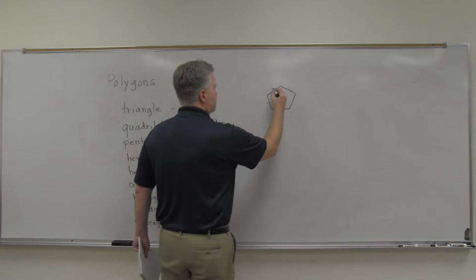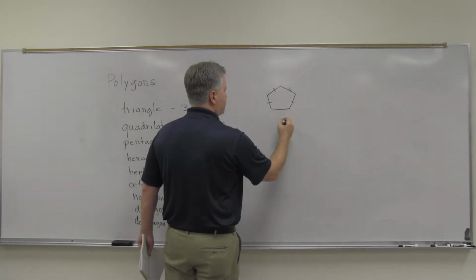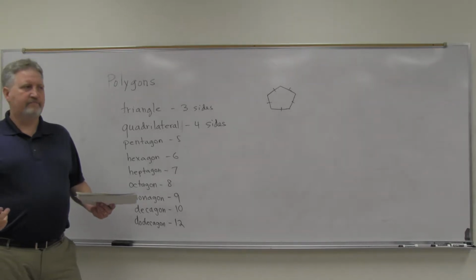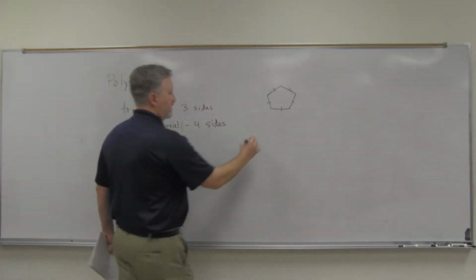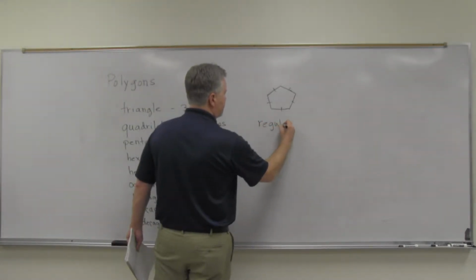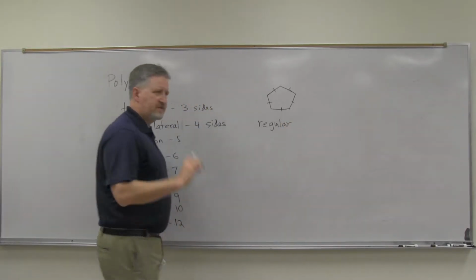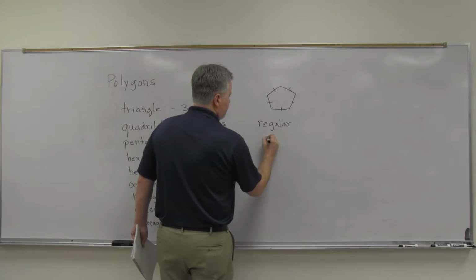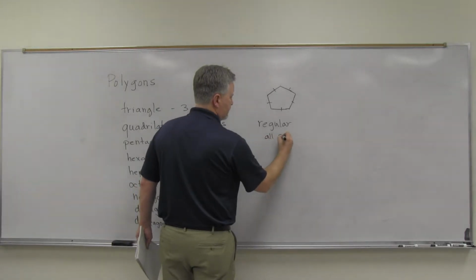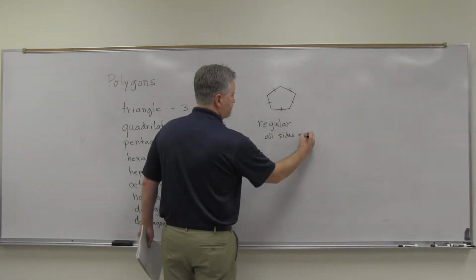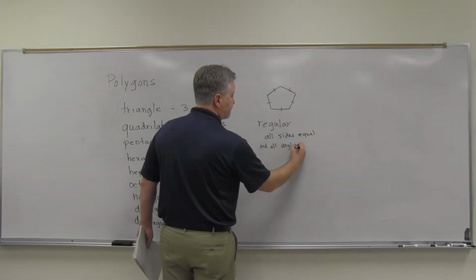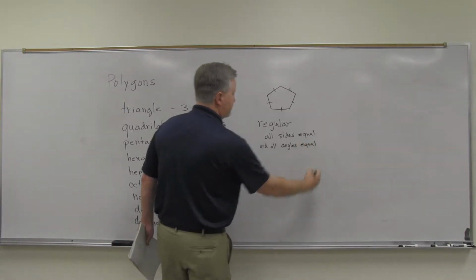This side's the same as this side, the same as this side, the same as this, same as that. That's, of course, called a regular polygon, or in this case, a regular pentagon. If all the sides are the same and all the angles are the same, it's called regular. All sides equal, and for that matter, all angles equal. Those are regular